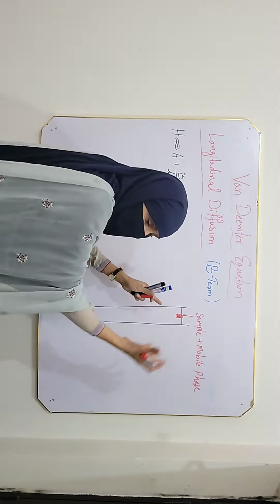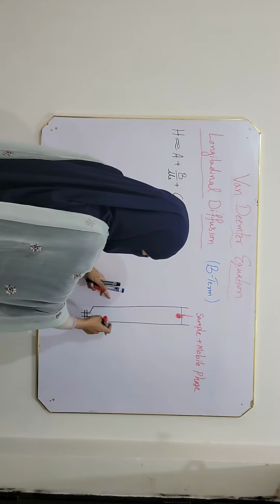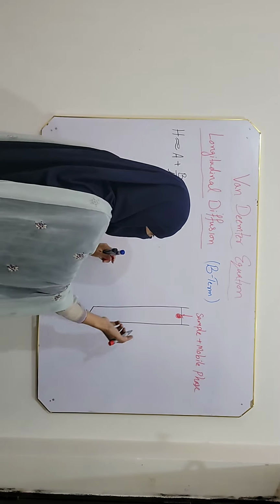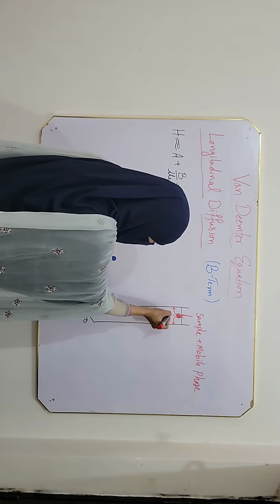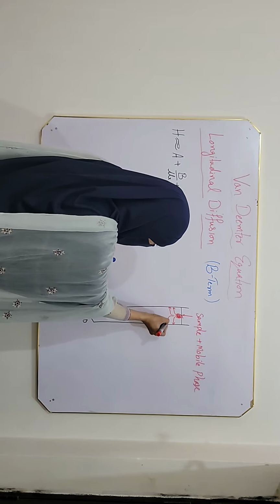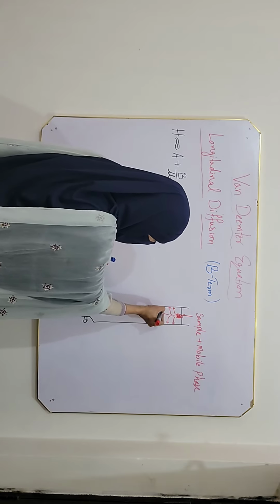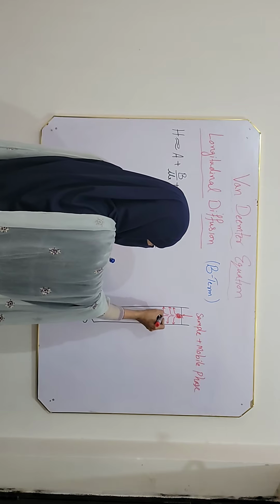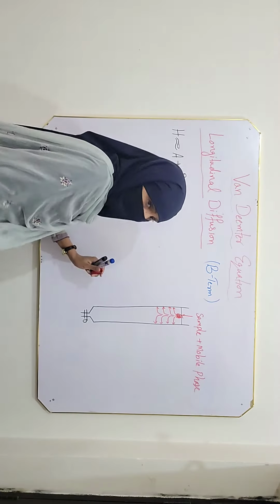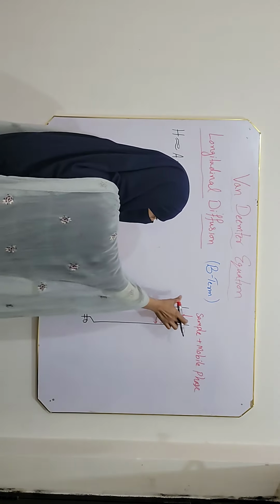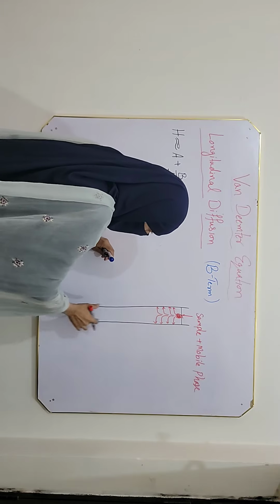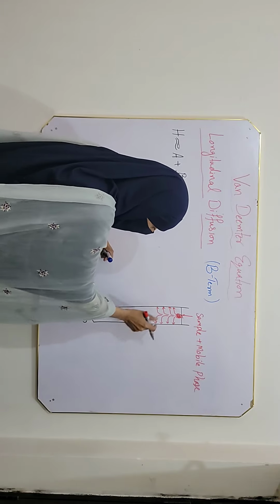In center, sample is present in high concentration and towards walls of the column, it is present in low concentration. So sample diffuses from center towards walls of the column like this. Sample moves downward and it diffuses towards walls of the column due to low concentration towards walls and high concentration in the center. This type of diffusion of sample towards walls of the column is longitudinal to the direction of the column as well as longitudinal to the direction of flow.